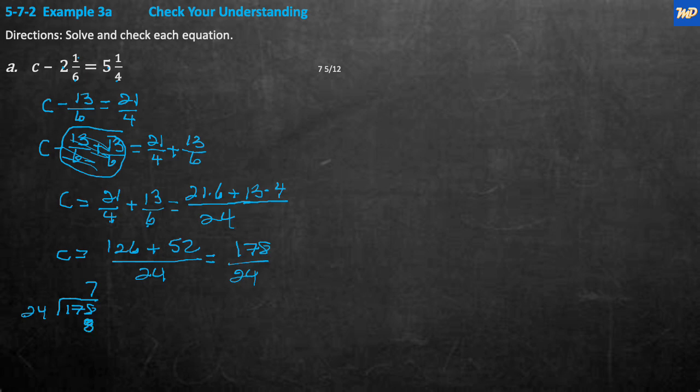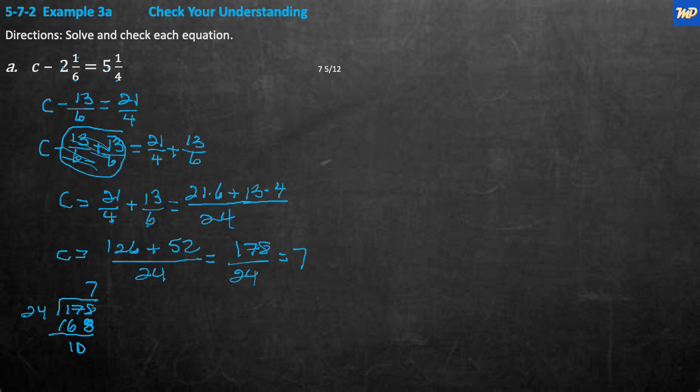And 7 times 2 is 14 plus 2 is 16. And that worked perfectly because now we have 178 minus 168 is 10. So our remainder is 10. So the answer here, dividing this out, is going to be 7